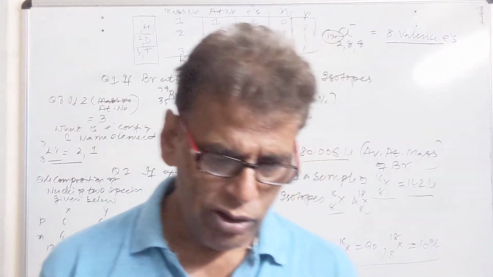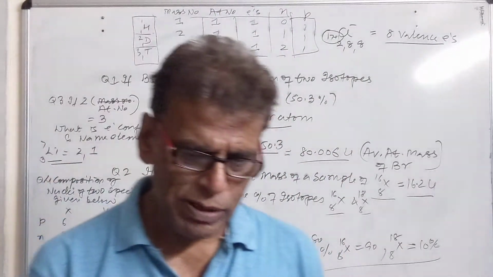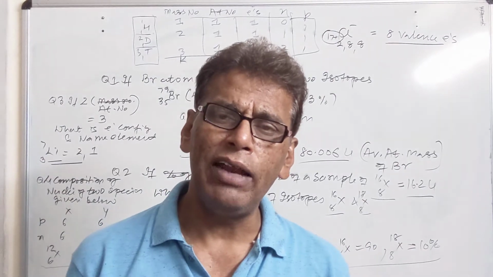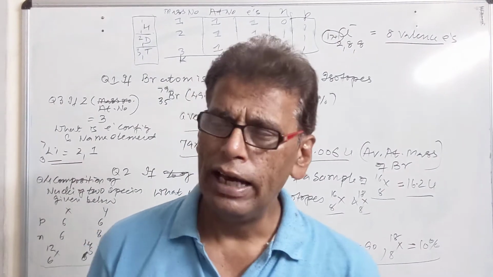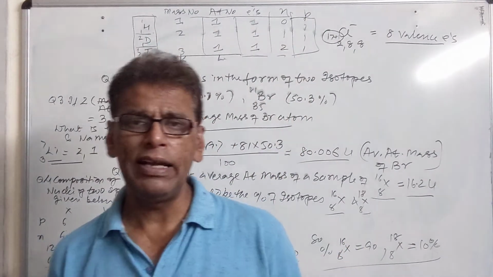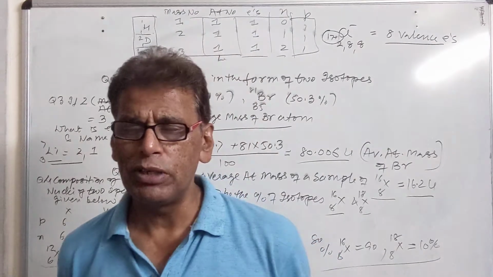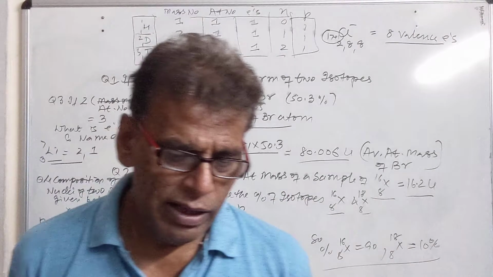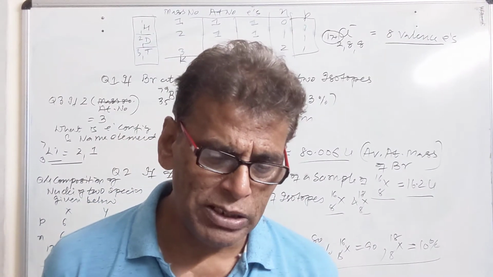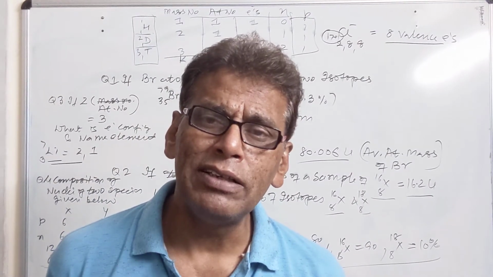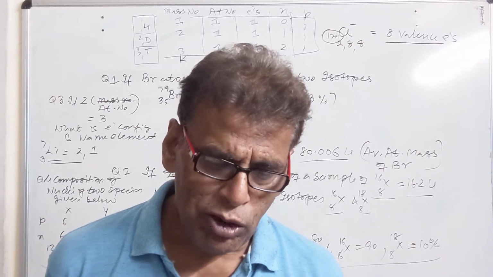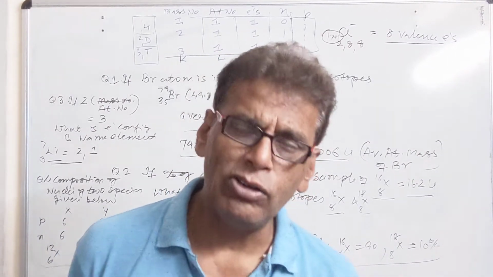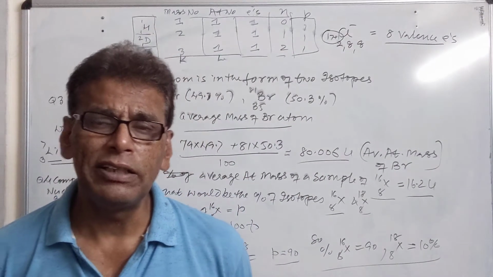Now complete the following table. For a species having atomic number 9, what would be the mass number? A species with atomic number 9 is fluorine. The mass number of this species will be 19. We have already filled it in the table. The number of neutrons in this species is 19 minus 9, that is 10. Number of protons 9, number of electrons 9, and the species is F.